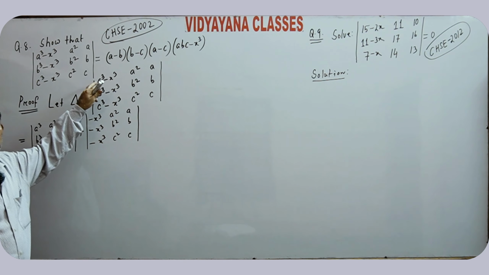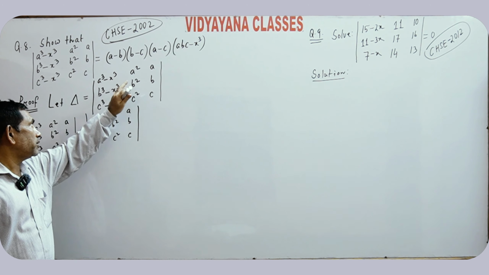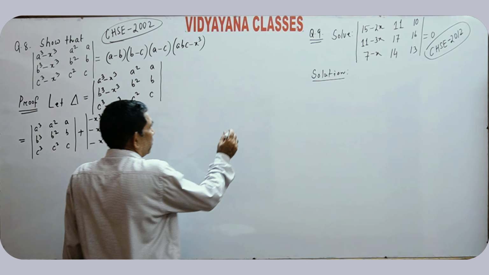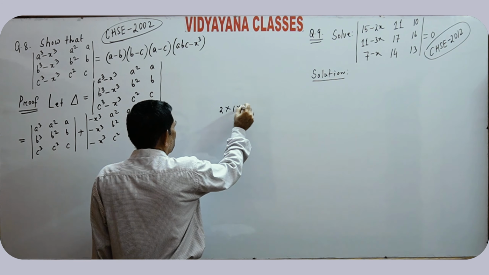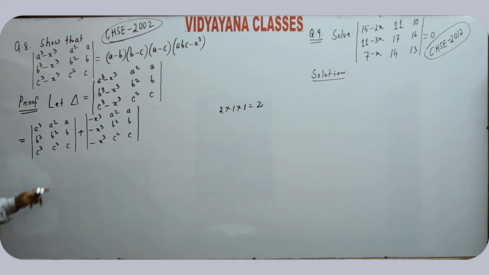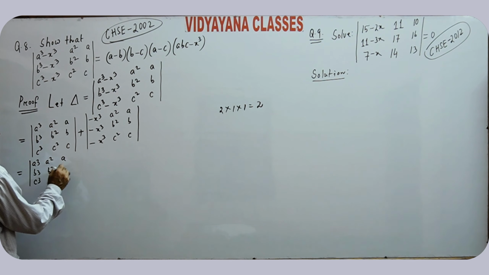The first column is the sum of two elements, the second column contains single elements, the third column contains single elements. So the number of determinants as a sum is equal to 2 into 1 into 1, that is equal to 2. So del is the sum of two determinants using the sum property, which is the same as AQ, BQ, CQ, A square, B square, C square, ABC,